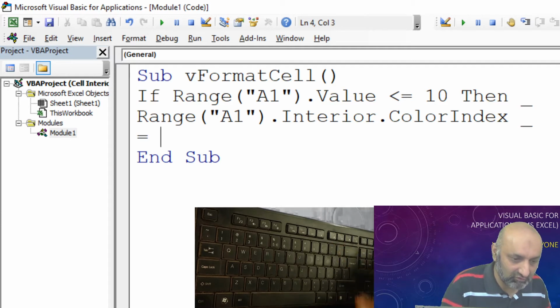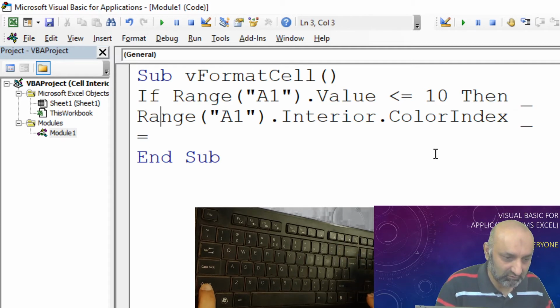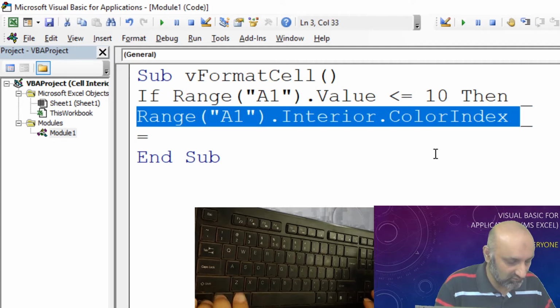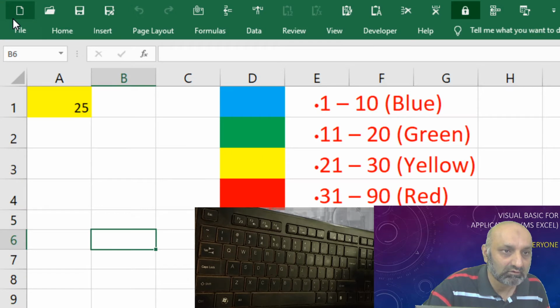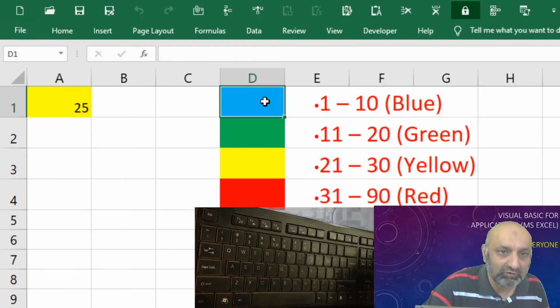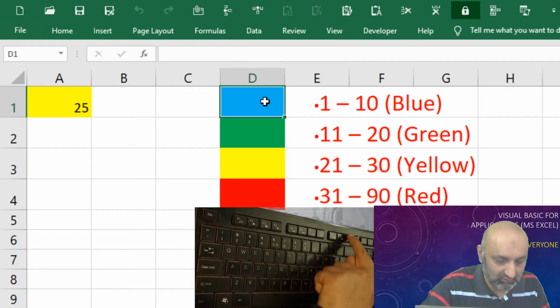Should be equal to what? Let me copy this and go back to my Excel and see. I want it to be blue, which is D1.